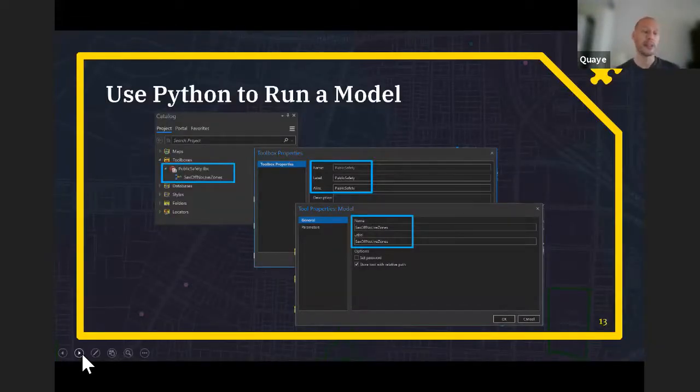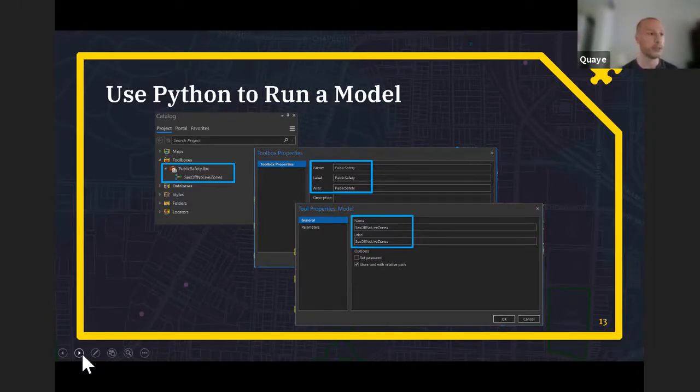The images on this slide illustrate the property dialogues for the toolbox and the tool or the model. The information shown here is needed to reference the resources from within the ArcPy module in the Python scripting language. Hopefully showing you this saves you some time.